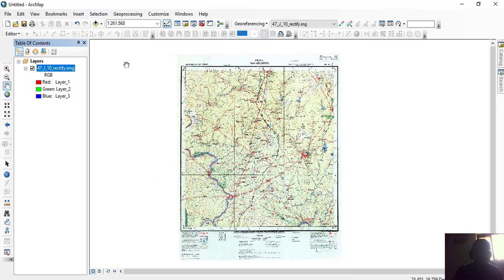Now in this short video we are going to see how to transform a scan map, a georeferenced map with a geographic coordinate system, from geographic to projected coordinate system.